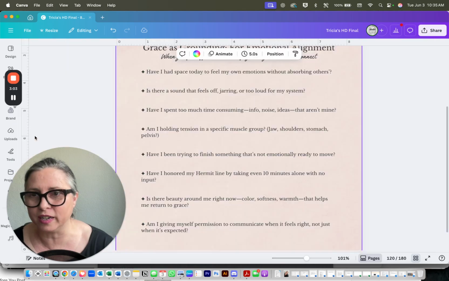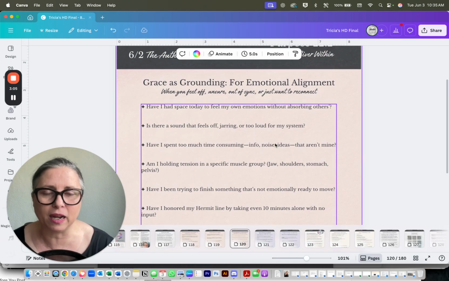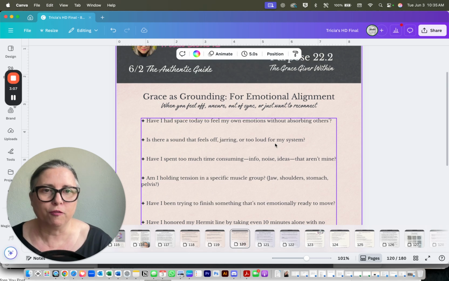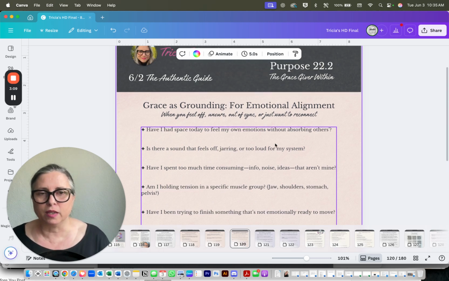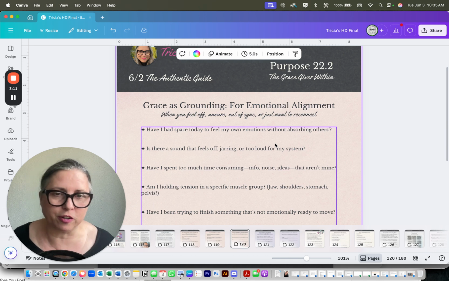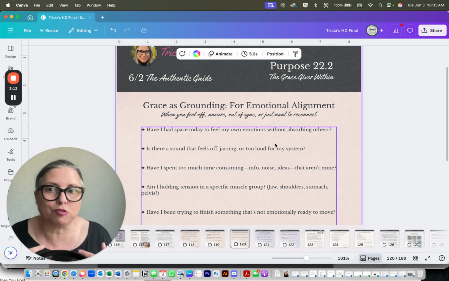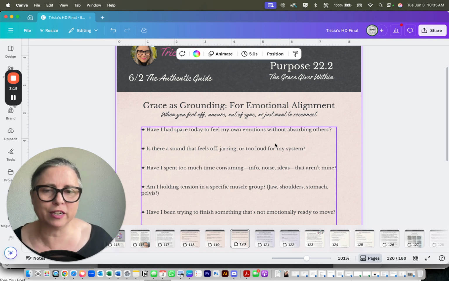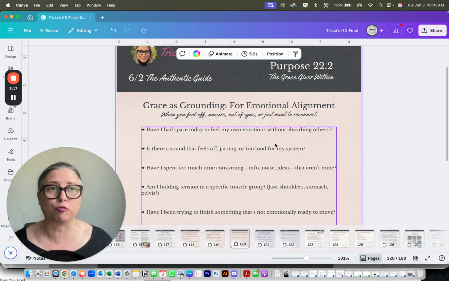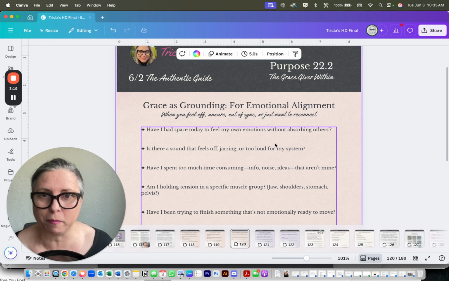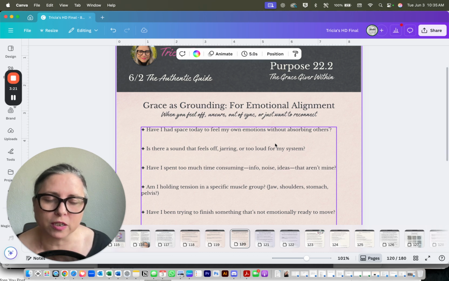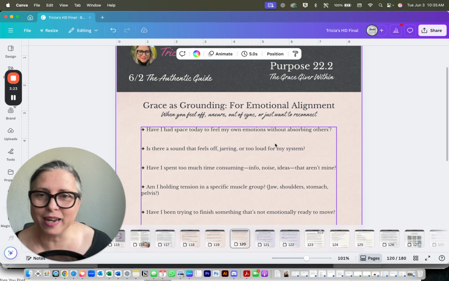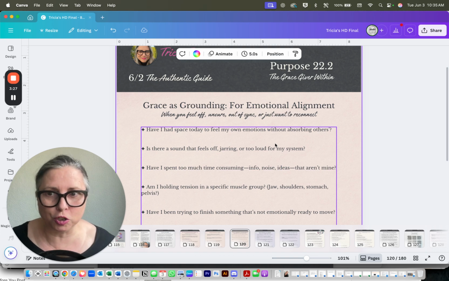I'm going to start here. This is about gate 22, and the gift of that, when you're not in your shadow, is grace. I've always been able to give grace to other people, but this is about grace for me, and not just grace for me, grace for my emotions. I am a 6-2 generator with emotional authority. This is super key for me.